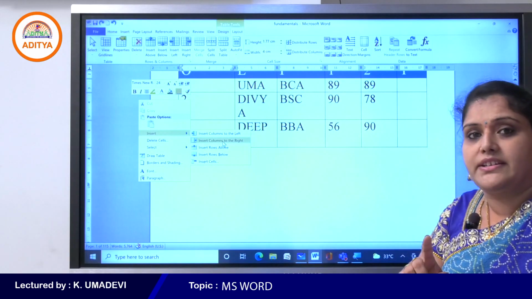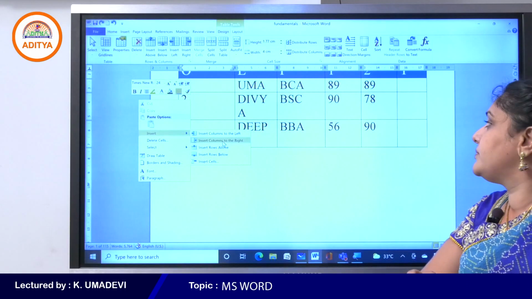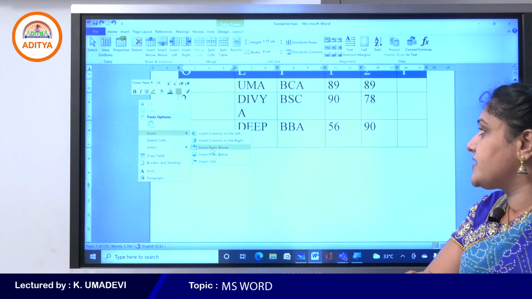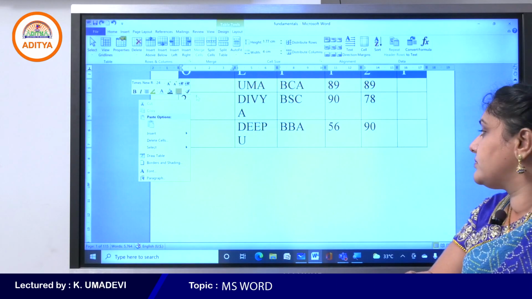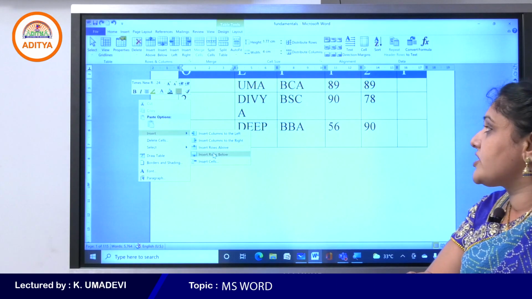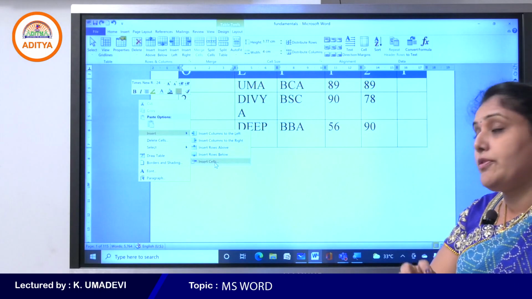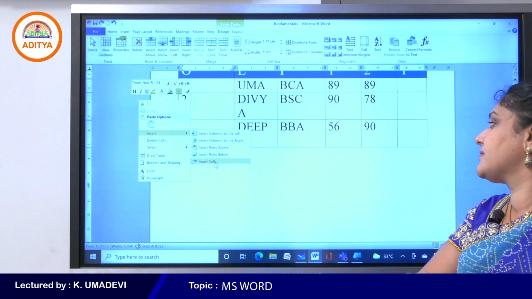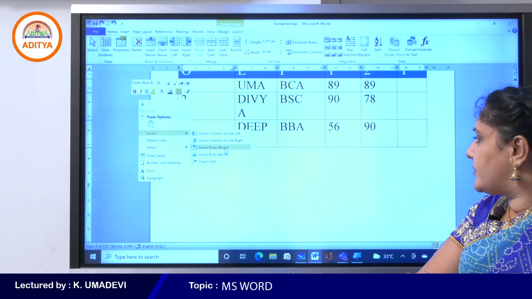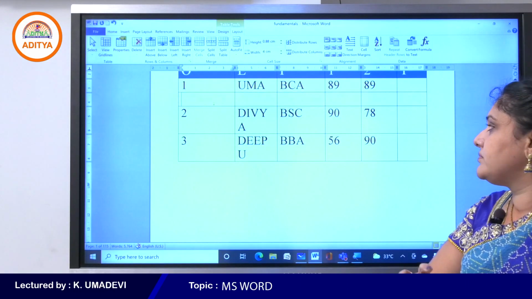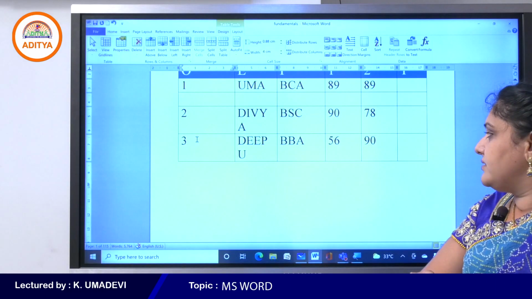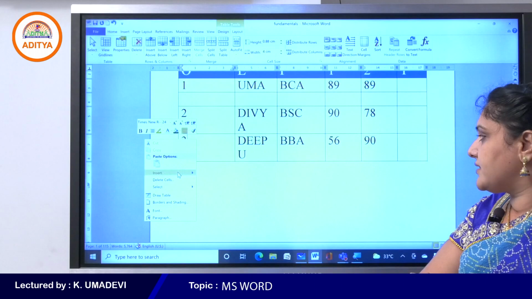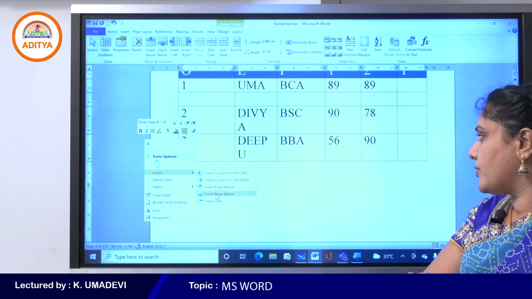Insert columns to the right is similar to insert right, insert rows above is similar to insert above, and insert rows below is similar to insert below. If you want to insert a cell, simply click on insert cells. So now click on insert rows above. Again, right click on a particular cell and go with insert rows below.